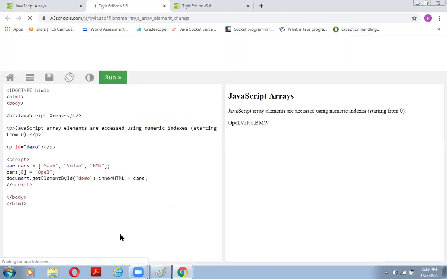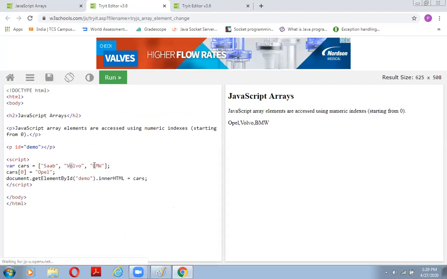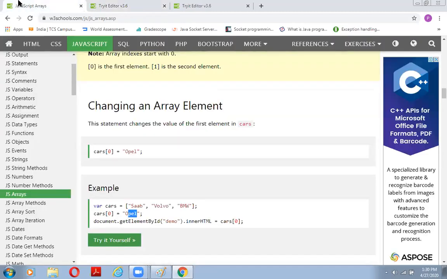We define cars, in which we have Saab, Volvo, BMW, and here we put the index 0 and change it to Opel. Finally, this Opel will replace Saab within cars, because we have replaced the 0 index with Opel. So finally the answer is Opel, Volvo, BMW.